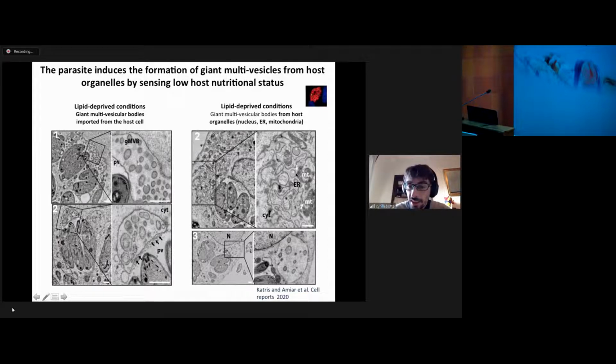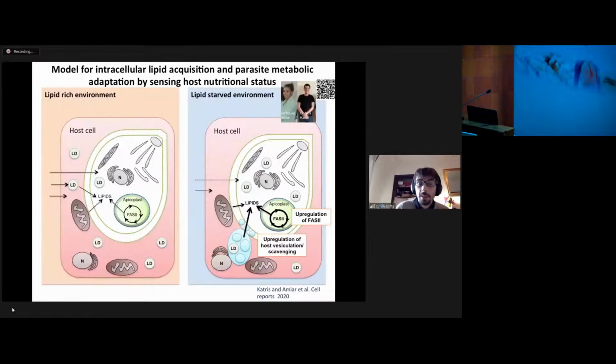So our studies, briefly, the take-home message is that when you have the parasite in a normal or rich environment, then the parasite can take up lipids from the external medium, from the host cell via lipid droplets or other organelles, and the apicoplast FASII can contribute at a low basal level or a higher level, depending on Toxo or Plasmodium. However, when you change the nutritional condition, there's a change in the parasite metabolic program, basically,